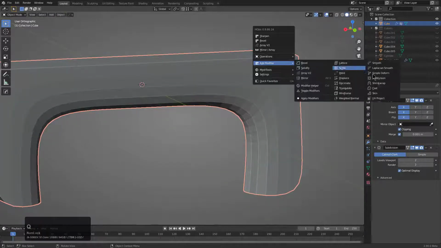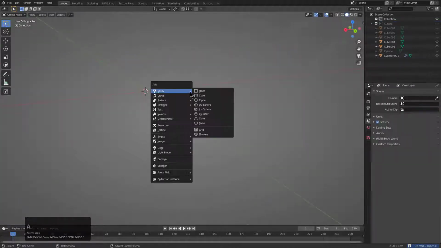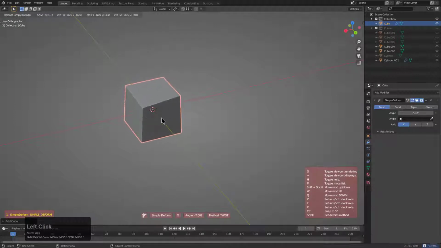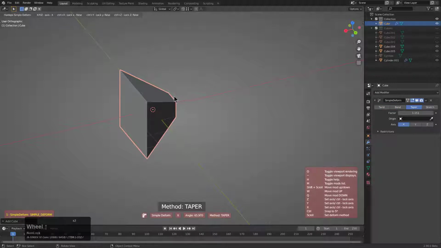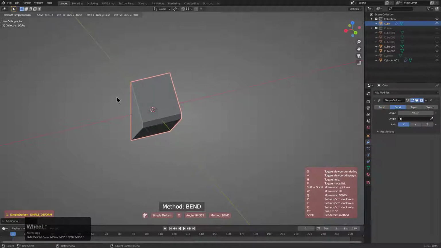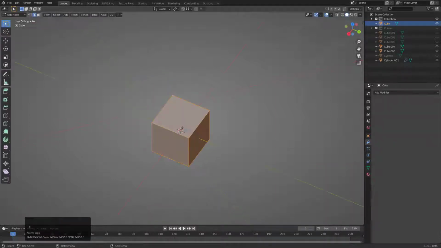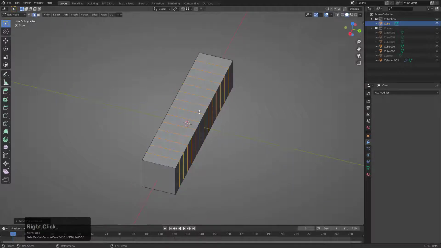Alright, so Laplacian smooth is a little bit much of the same, but the next one that we'll actually talk about is simple deform. So simple deform is one that you'll see me rarely use, but you can go in and just use the same things you use with the mod. You roll the wheel, it'll change what it does from taper to bend to twist. And there's even some notification text to let you know what's happening with it. So this is one of those things that, you know, if I had a shape that was a little bit longer and had some loops in it,